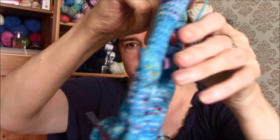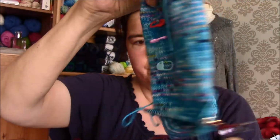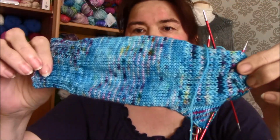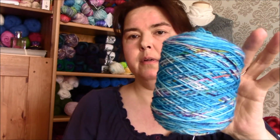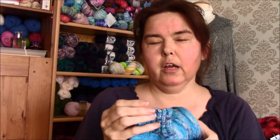and I love that. See? And here is the heel flap and the heel turn, and this is how it's caked up. And it's already in my shop. There are 4 skeins of this, and this is a lovely yarn. This is my